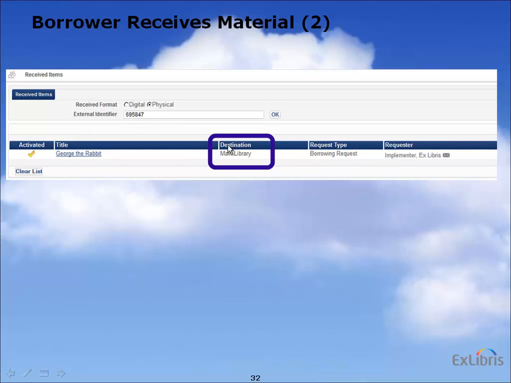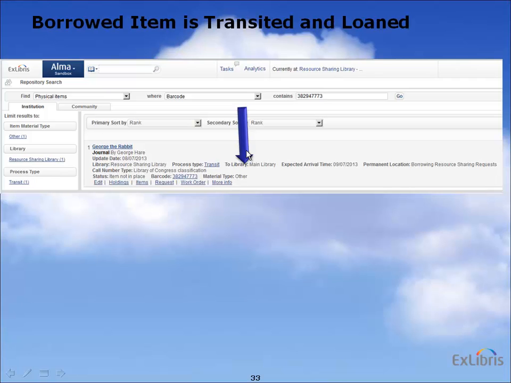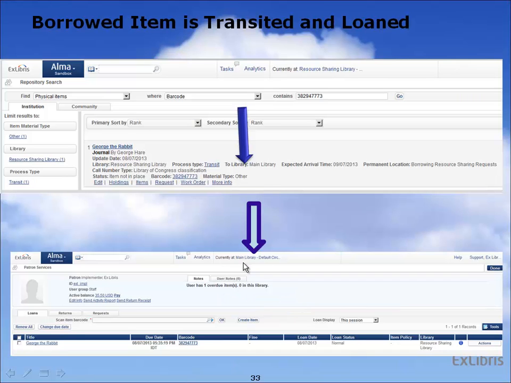Wanting in this item will mark it to be moved to its pickup location. Say it is the main library. And now a transit process will start, and actually this is standard. The item is put in transit to the requested pickup location, which is the main library, and when arriving at the main library and wanted in at the scan-in interface, it is going to be placed on a hold shelf